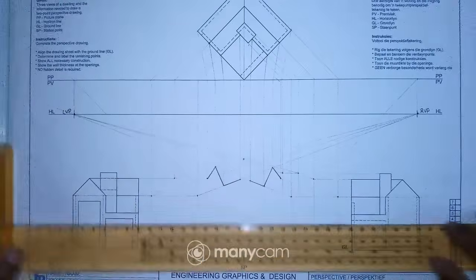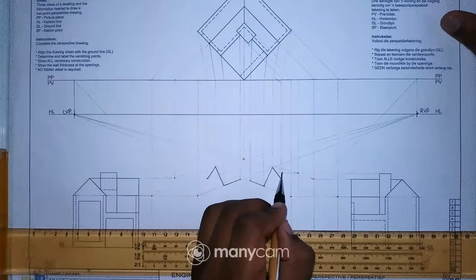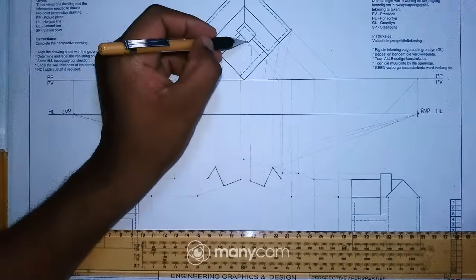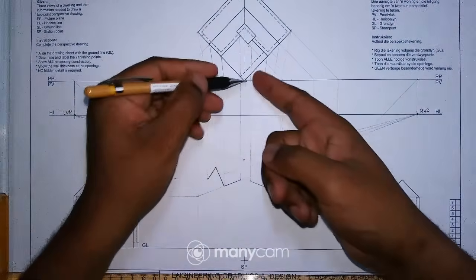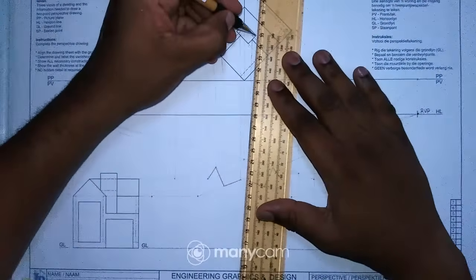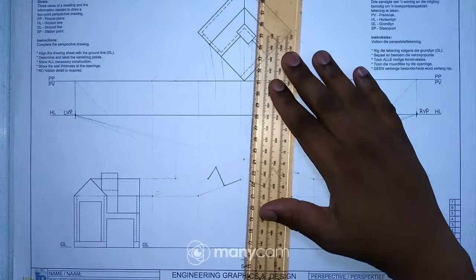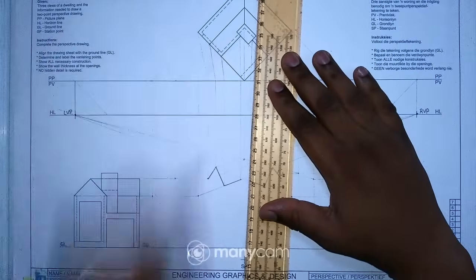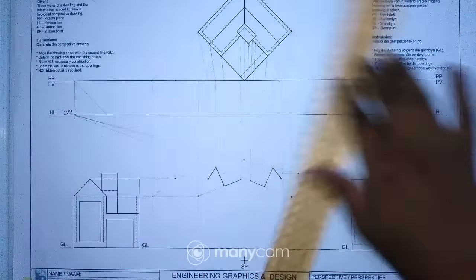Okay, so now my focus is on those 2 lines. Make sure you can see those 2 lines there. Okay, because now I have those 2 lines, now I can just take those 2 points to the SP, and then draw vertical lines. So I'll start with the top point there. I project that point to my station point there, down there, like that, and then I have to project this point as well, just like that, and then I draw vertical lines